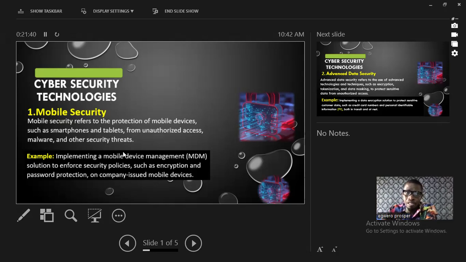The one that recognizes face, the one that uses pattern, and in fact we even have fingerprints as another one, where somebody can use his finger as a mode of securing that system. So which one do you think is more secure out of these ones that I mentioned? Eh? Are you sure PIN is more secure? Let's go there. Auntie, which one is more secure? PIN, pattern, and facial recognition.